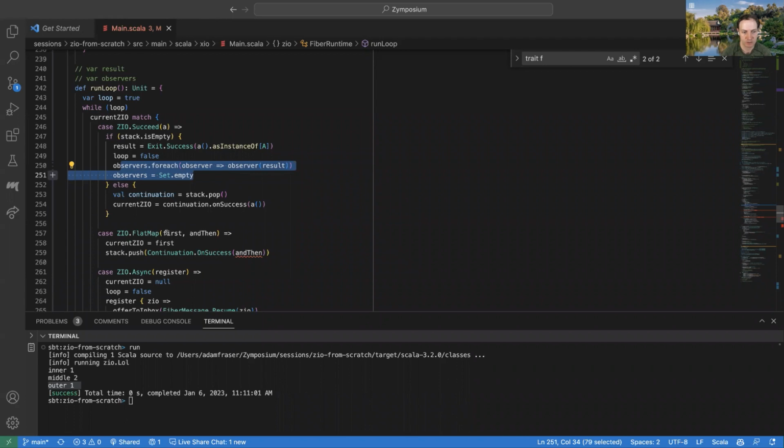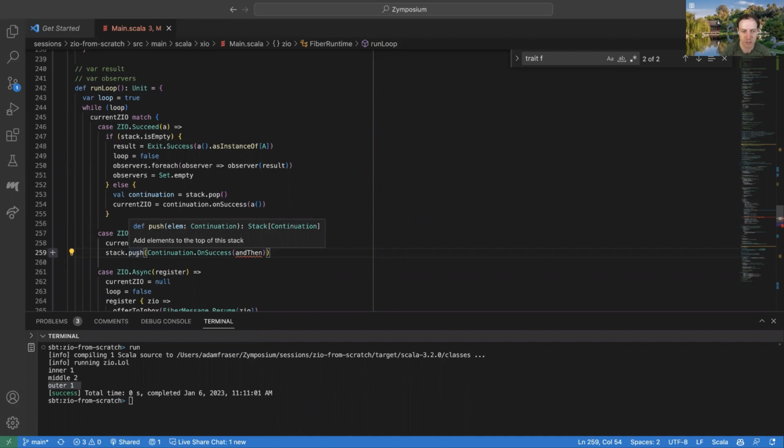If it's saying, we'll do this thing first and then do this other thing, we're going to switch to doing the first thing. And that's why it's this loop here. And then we're going to push onto the stack this continuation of the next thing that we want to do. And so this explicit stack is the thing that makes ZIO stack safe. If we have these deeply nested things that say do this thing and then this thing and then this thing, and there are a million things, we're not going to stack overflow because we're going to push these things onto this stack that we are maintaining ourselves.